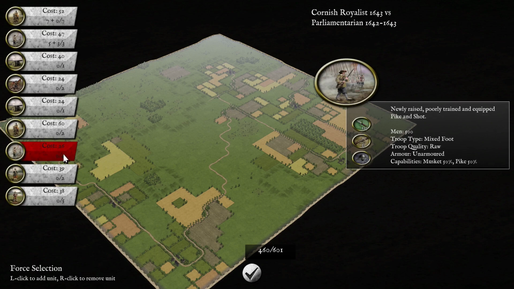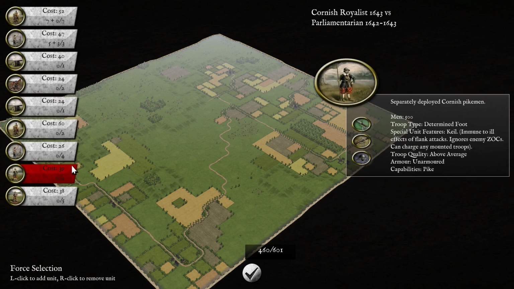Same thing goes for our, where are they? Separately deployed Cornish pikemen. So these have no muskets. They move 3 tiles and are pike tiles unless they take heavy casualties. So they're very good on impact and melee against infantry, but because their class is purely heavy foot, rough ground